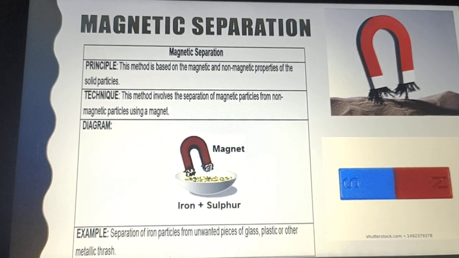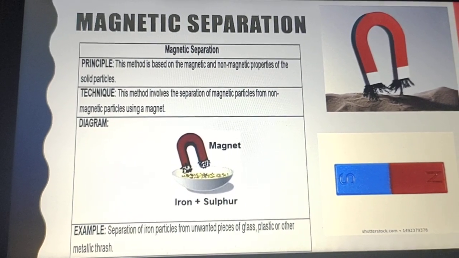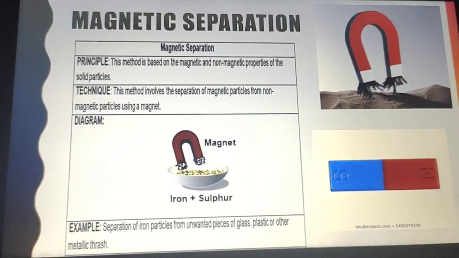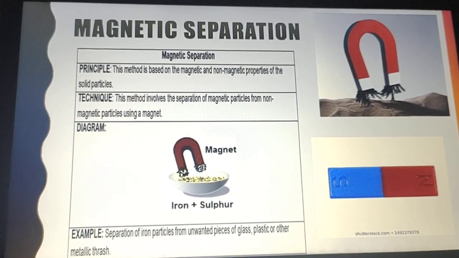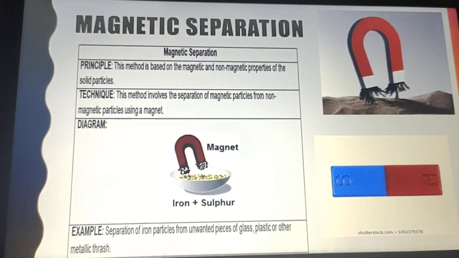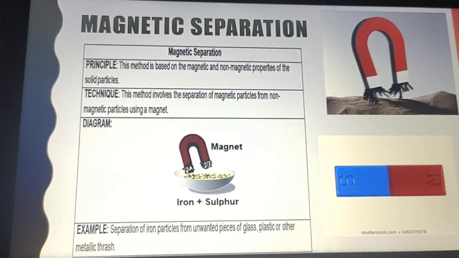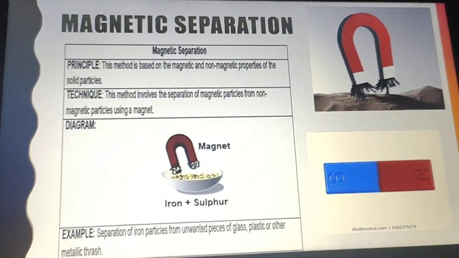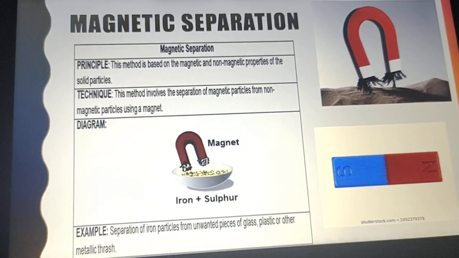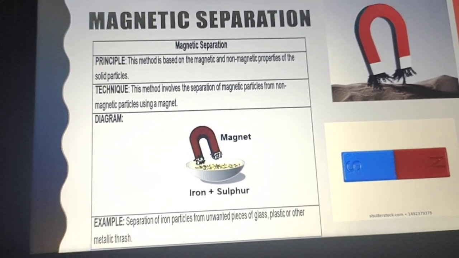Next is your magnetic separation. You can do it at your home also. You take the example of sand and magnetic iron particles. So if you take the mixture of sand and iron particles, then you put the magnet in it, the sand separates from the iron particles. So you can also do the magnetic separation process at your home, and I will also explain it in class and do the activity when the school opens.